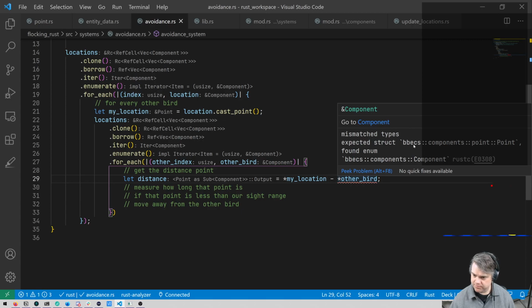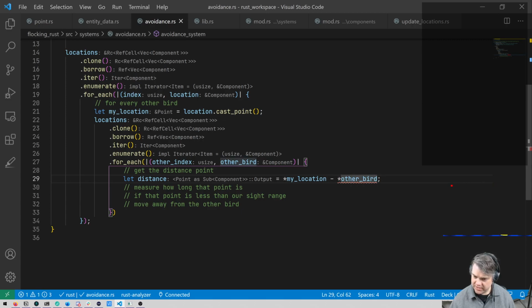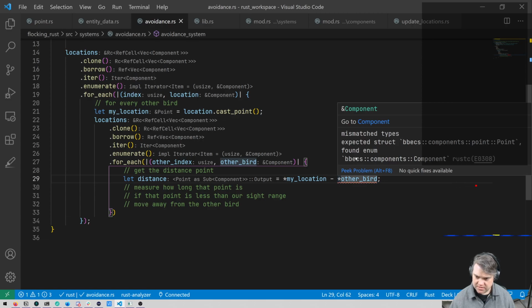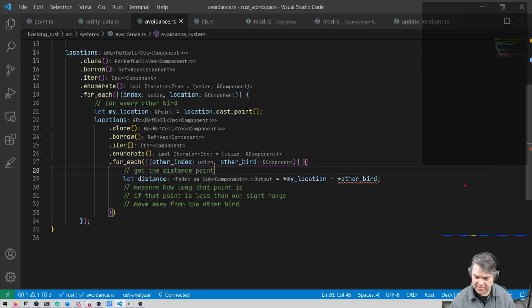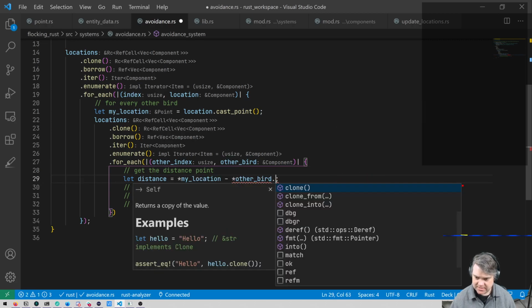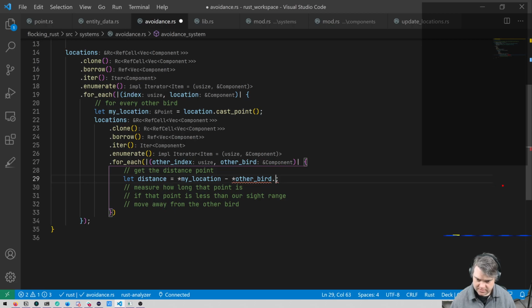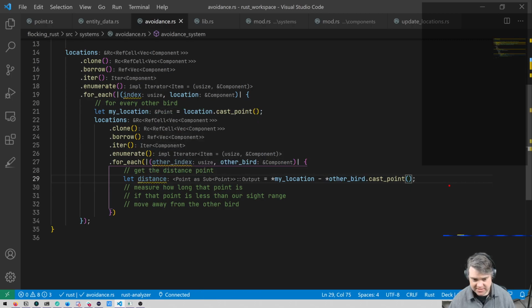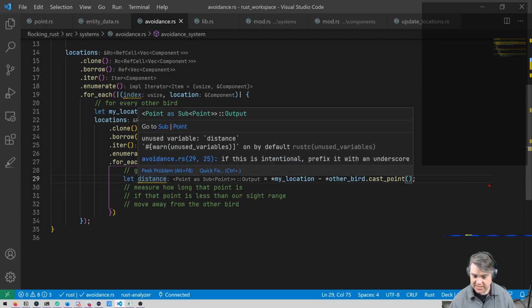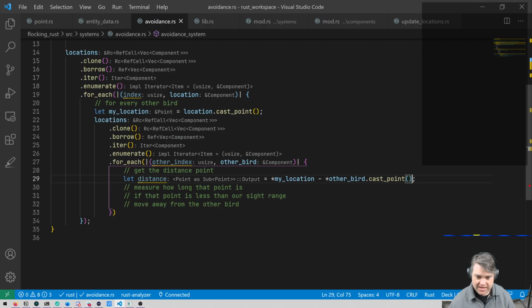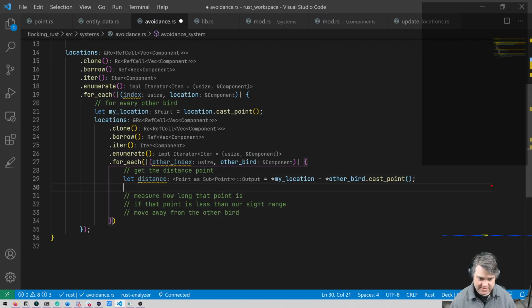Wait, what? Oh, wait a second. Found enum components component. What? Oh no, I forgot. I need to cast, so dot cast point, that. Okay, there we go. That now gives us our distance, which is a point. Our distance is a point. But now we can get how long that distance is. So that distance length